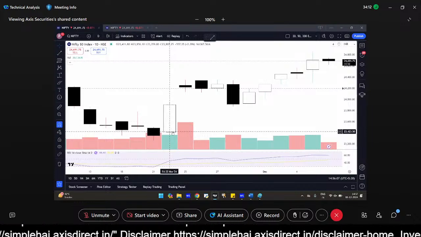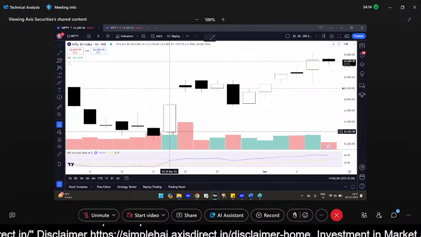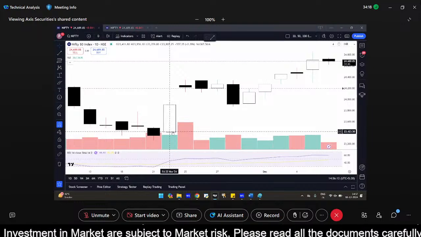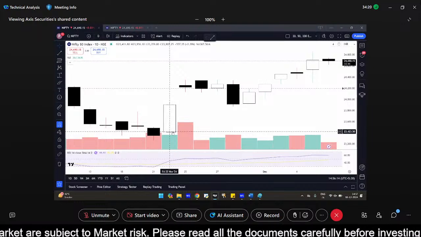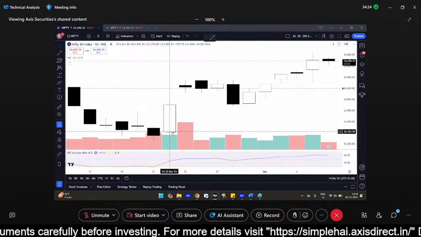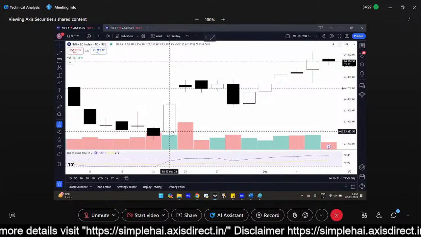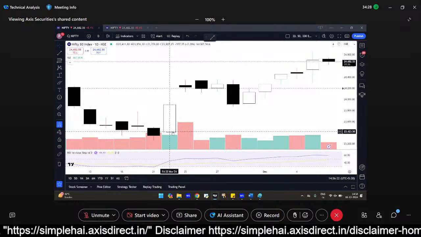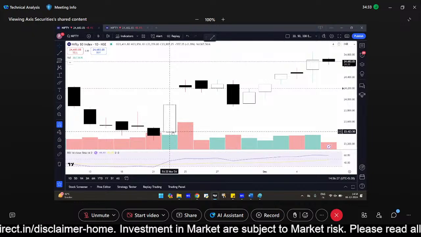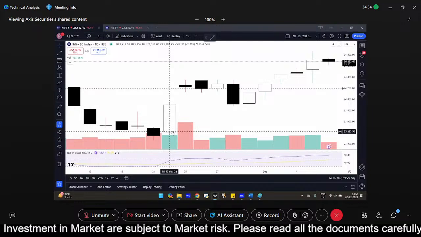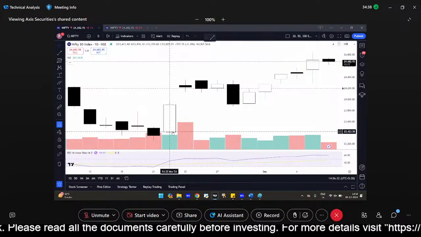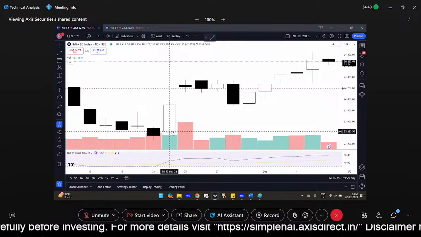Because जब भी आप क्लोज करते हो below the open, so it is basically a negative day for the market. Same way अगर समझिए मार्केट नीचे continuously जा रहा है, there is a gap down, correct, and during the day if the close is above the open, it's a positive day for the market. So ऐसा नहीं है कि just because the prices are going up it is going to be green, just because the prices are coming down it is going to be red. So you have to look, so जब भी आप charts देख रहे हो, you have to compare the close with that particular day's open.